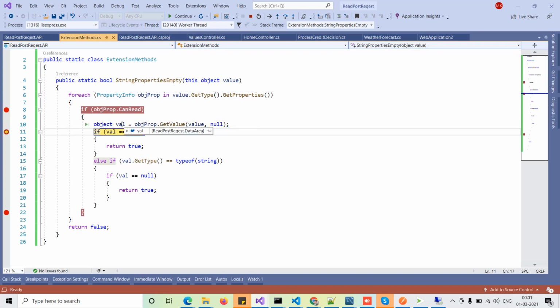This is the object. We have two things, process and credit decisions. I got the process here, and some properties are there, some are null. I check that if the value of that object is null, then that will return true in that case. So that is not returning true.